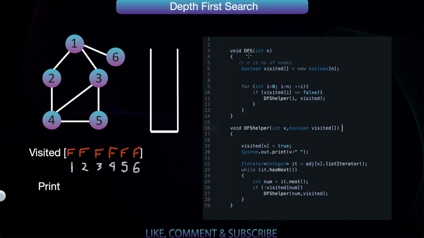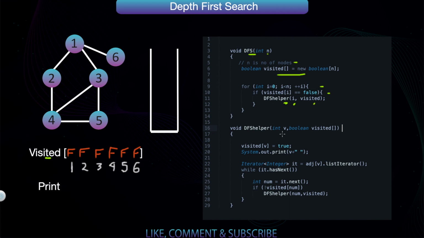Here we are given a void dfs function where n is the number of nodes. We take a boolean visited array of size n, where initially everything will be false, as you can see. Then we check all the nodes of the graph one by one, and if visited[i] equals false, we call the dfs helper function, which has two arguments, i and the visited array.